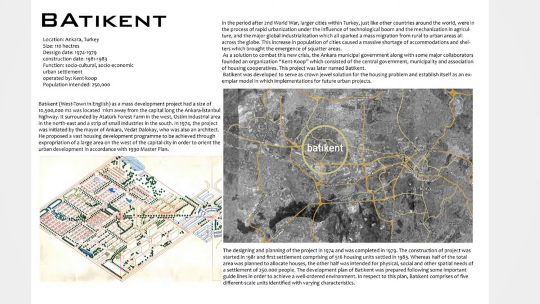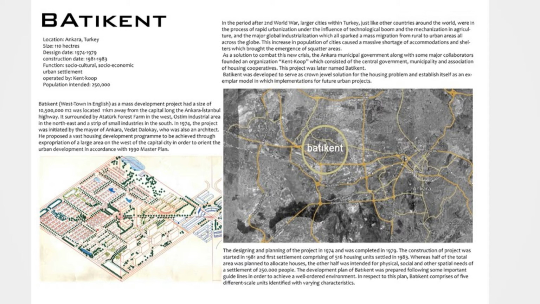To tackle this issue, the Ankara municipal government collaborated with other organizations like the Kent Group, which consisted of the central government, municipal, and the Association of Housing Corporation. This project was later named Batikent. Batikent was developed to serve as a crown jewel for solutions of housing problem and established itself as an example model in which implementations for future urban projects can be used. So meaning this project stood out from all others and served as a futuristic design at the moment it was